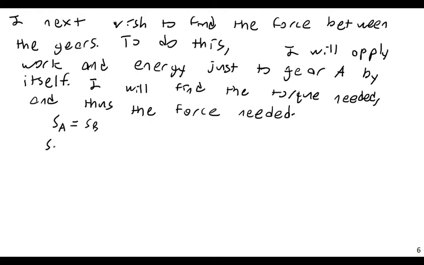So basically, RA theta A would be equal to RB theta B. And so therefore, theta A is going to be equal to theta B times RB over RA, and then this equals 27.32